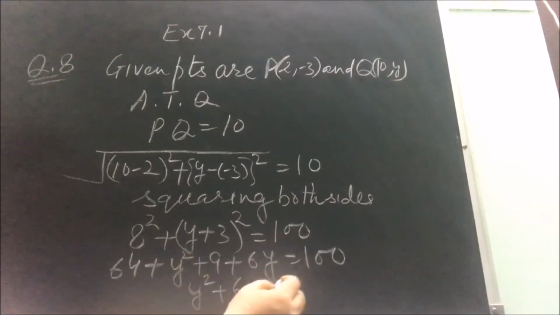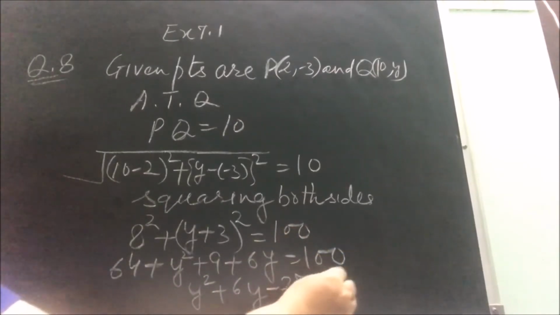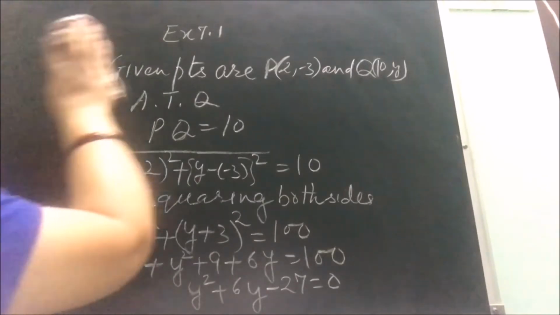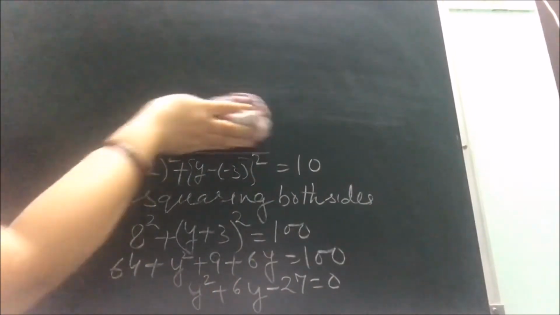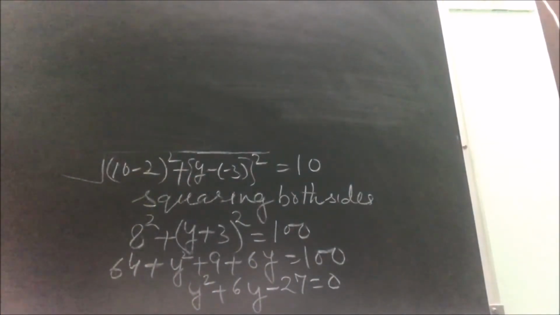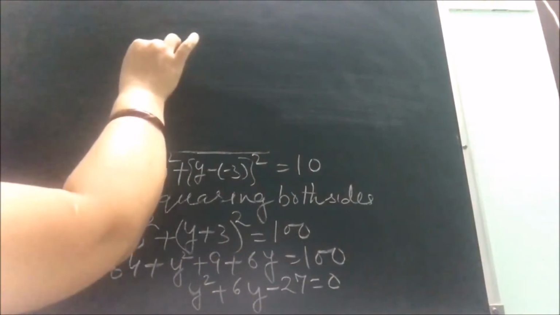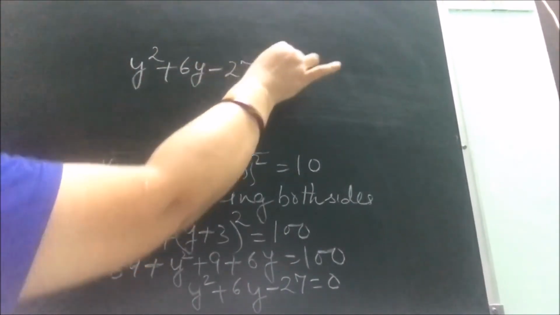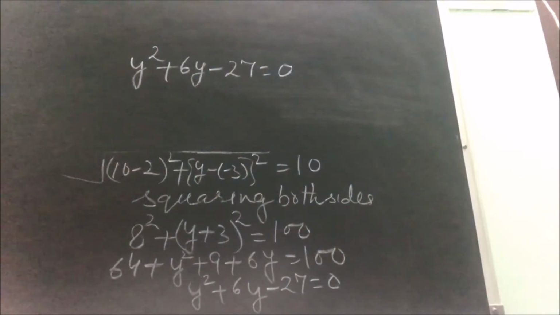100 minus 73 is 27. When we shift it here, then we have minus 27. So after simplifying the constant numbers, we have this equation. Now we simplify this equation by factorization, middle term splitting, you can say. See how. Again I am writing the same equation, right? Now we simplify it.